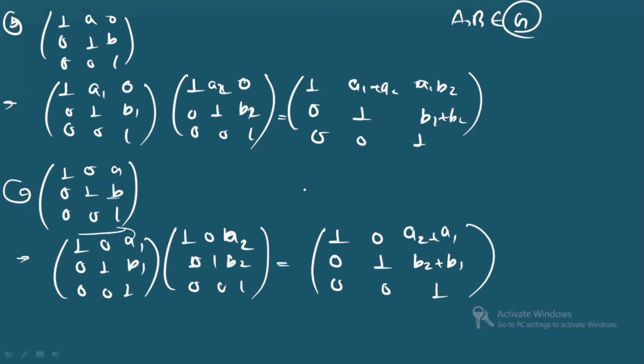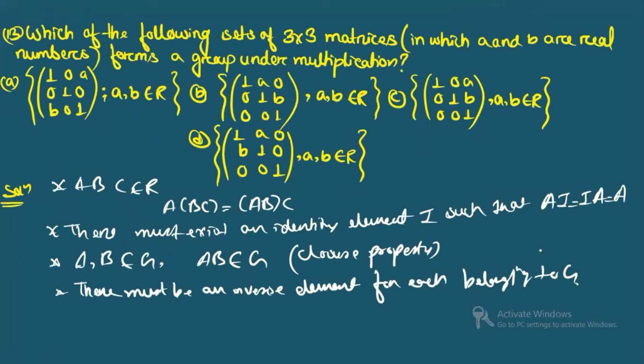You can see here, if A and B, these two matrices, belong to a group, then their product also belongs to the group. All the diagonal elements are 1, but here it did not maintain so. Yes or no? There were changes. So the correct option is option C. All right. So this is the correct option. A and B also belong to R here.